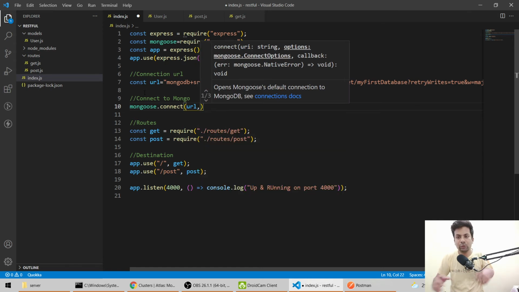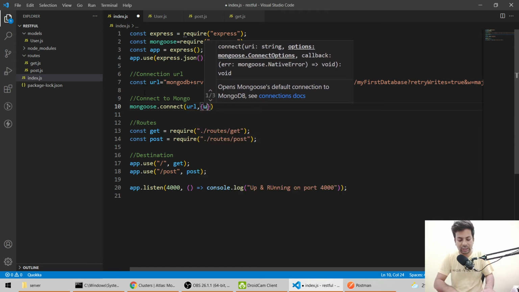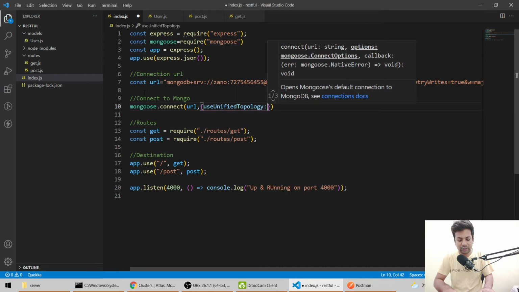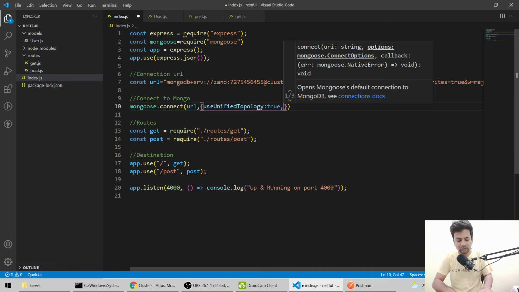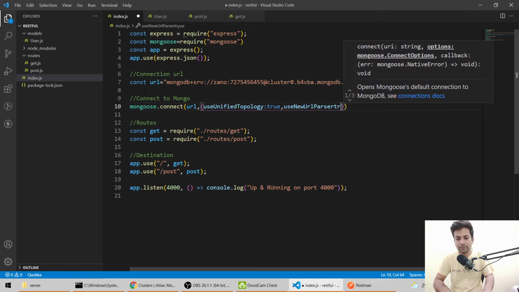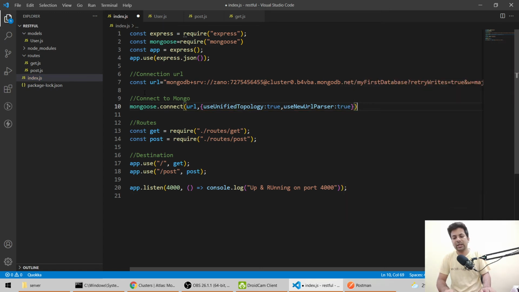After that we have to pass some other things also, like we'll say useUnifiedTopology, and we'll say true, or useNewUrlParser, we make it true. Because otherwise it will throw some warning and error also. So for that we have to set these things.